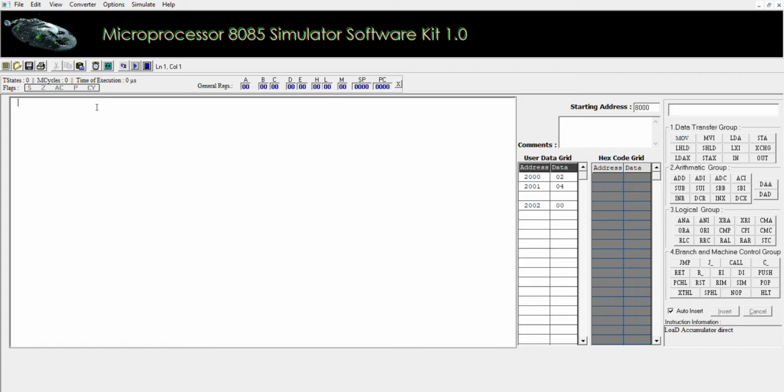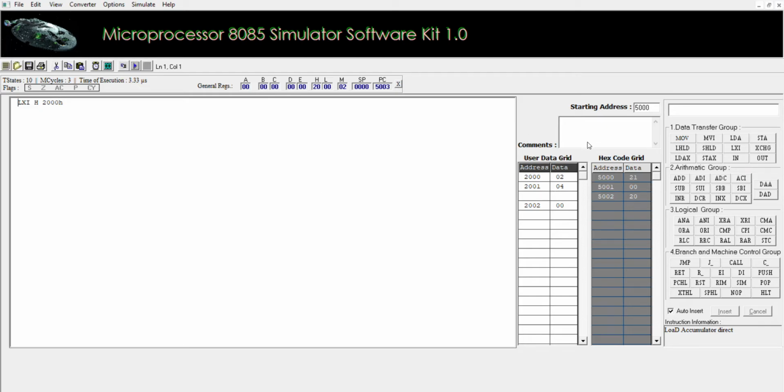So we start the program. First instruction is LXI H, 2000H. This is a load instruction, load data immediate from memory location 2000. This instruction copies the data from memory location 2000, and this is the starting address. We can put any address from where our program starts. If we run this code,